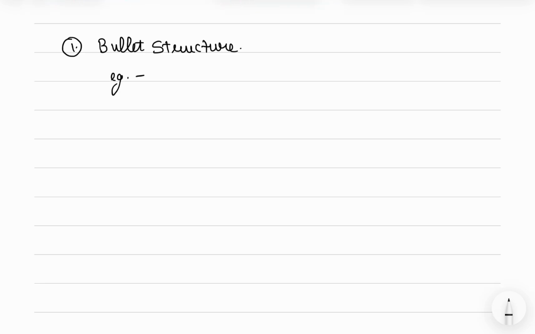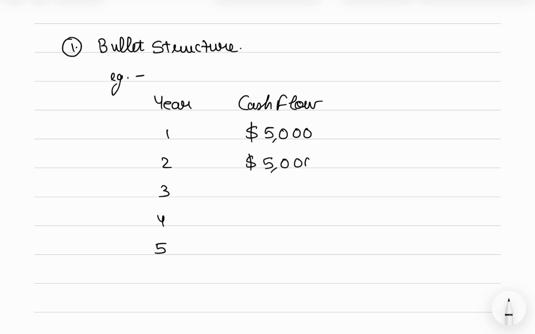Imagine you lend your friend $1 lakh and they say, I will pay you $5,000 every year, and after 5 years I will return your full $1 lakh, right? So let's structure it. The loan is of 5 years and the cash flows generated would be: your friend told you that every year he or she will give you 5,000, and at the end they will pay you the whole amount, that is $1 lakh,